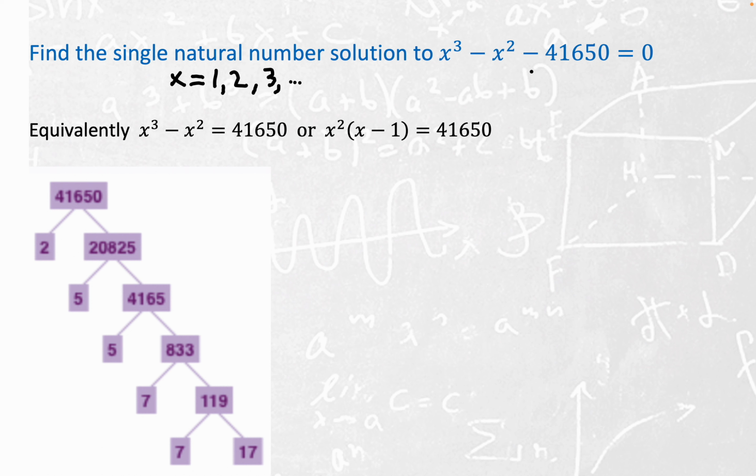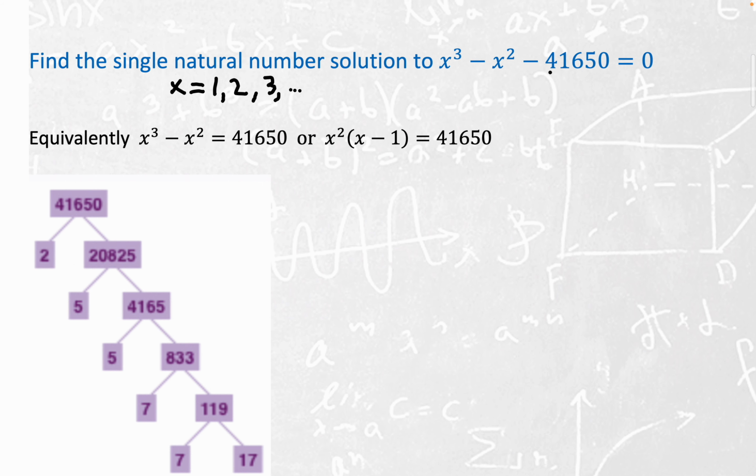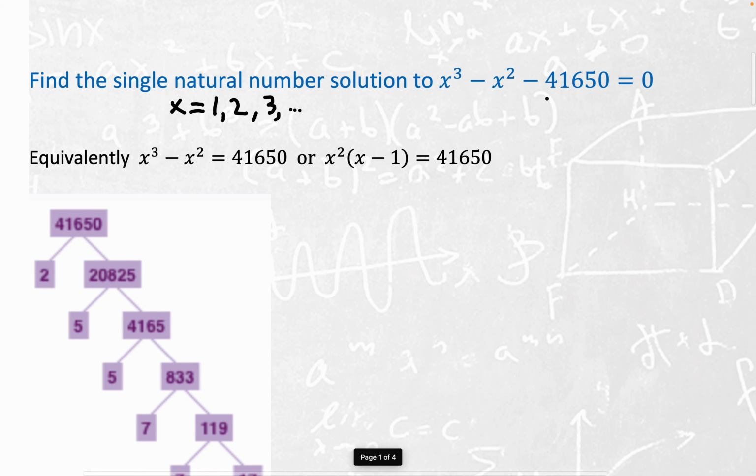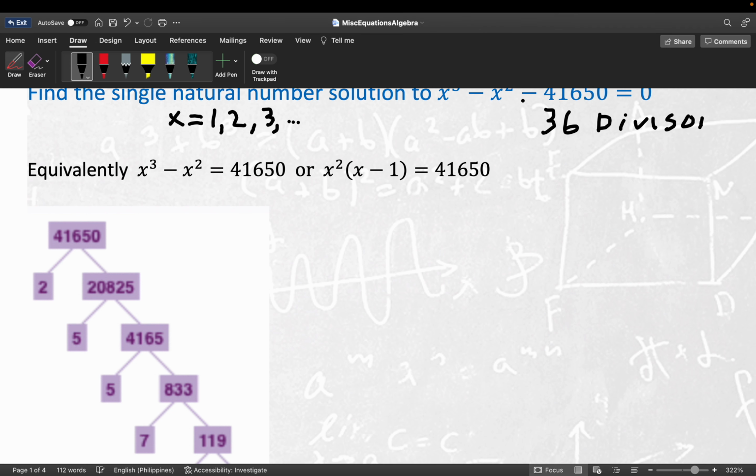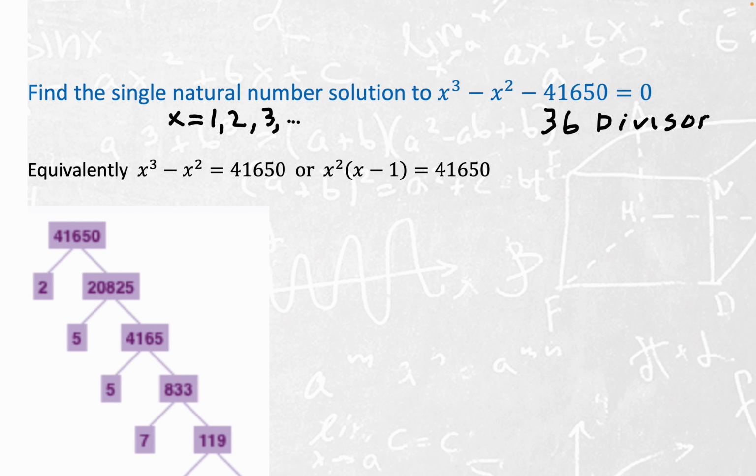Now, it turns out there's exactly 36 divisors of this constant term of 41,650. That's a lot of numbers to check. There's something called the rational root theorem where we could check all 36 of those divisors, but that would be